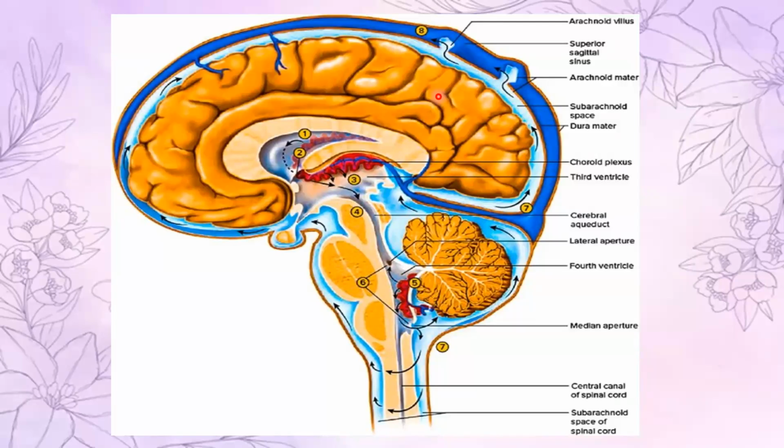CSF is mainly absorbed through 2 main pathways, one of which is the arachnoid villi. Now, the dura mater has holes in it, and the arachnoid mater, which is the second layer of the meninges, herniates through this dura into the dural venous spaces, venous sinuses are one. The arachnoid villi are most numerous along the superior sagittal sinus. So the CSF will flow into these arachnoid villi, and from these arachnoid villi, it will pass to the